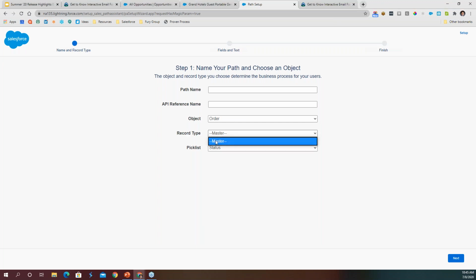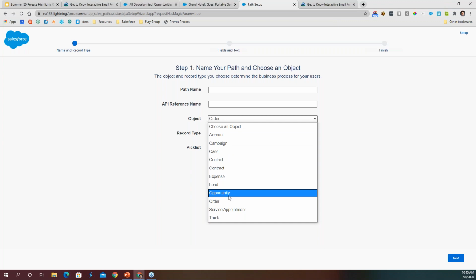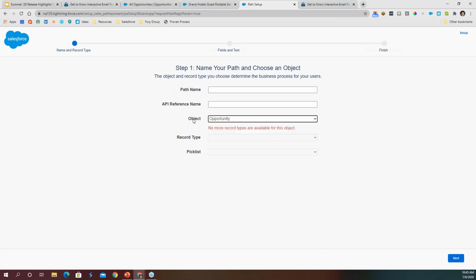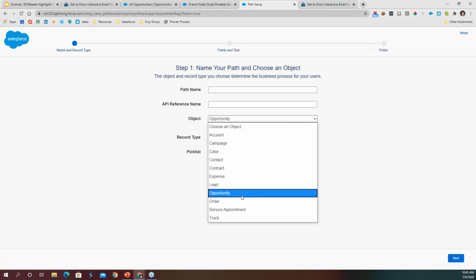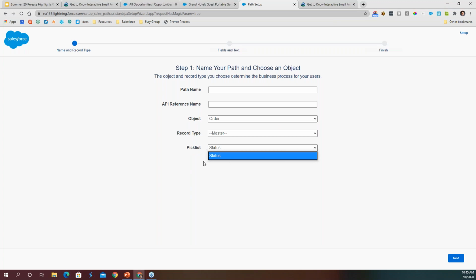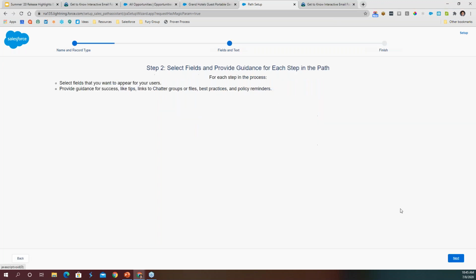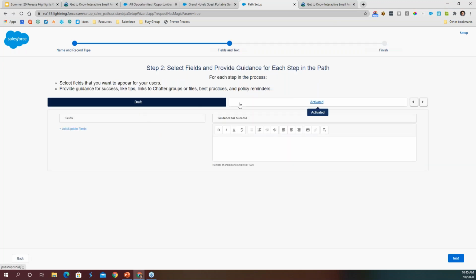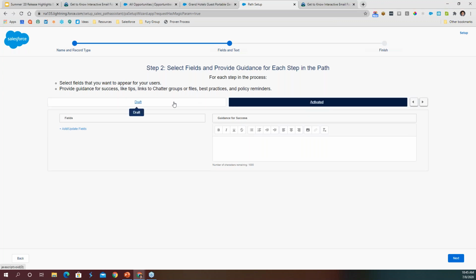Also, you can have a different path for different record types. So let's say I have a rental opportunity and I have a purchase opportunity, and they have different pathways. They have different stages. I'm going to create one pathway for the rental and one pathway for the purchase. And then I'm going to choose the pick list that's on that object that will guide that pathway. And so here, I really just have two different selections in that pick list,